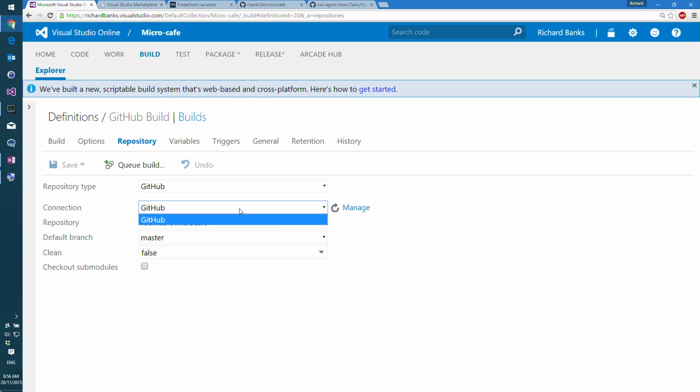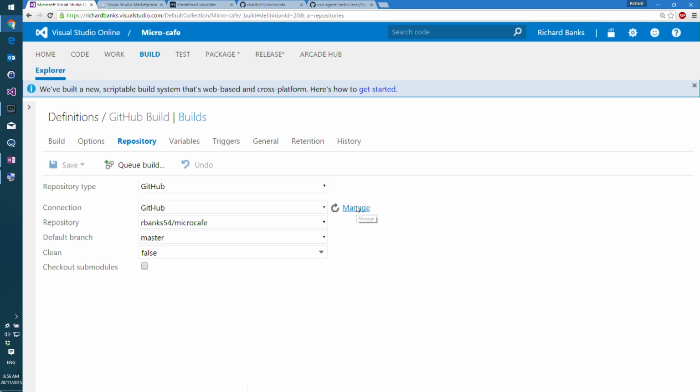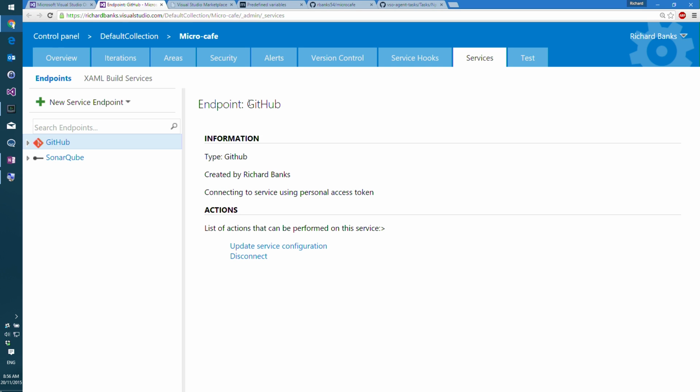Now the connections come from the admin part of the system. So if I go to manage, it jumps me over to the admin side, and I end up with these external endpoints. And you can see I've got 2 endpoints. I've got one for GitHub and one for SonarQube. I'm going to show a little bit later on how we integrate with that. The GitHub one here